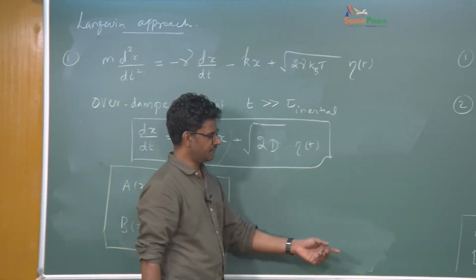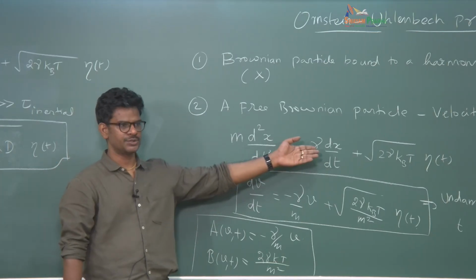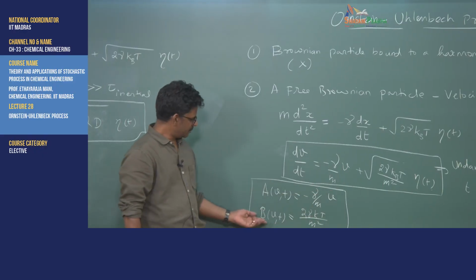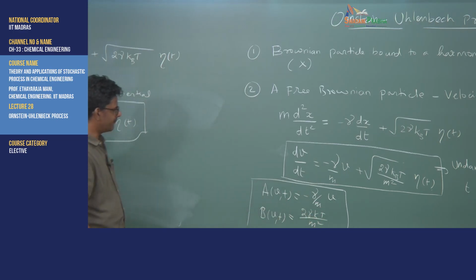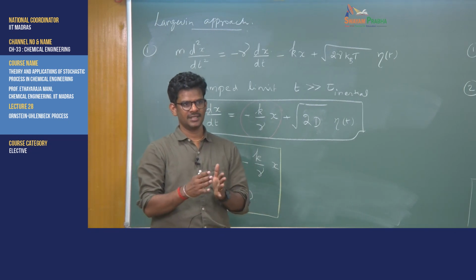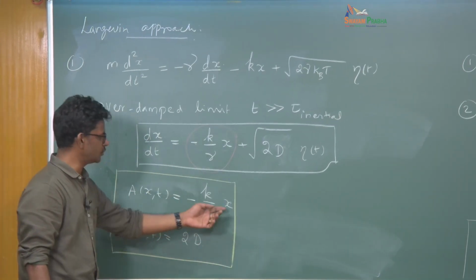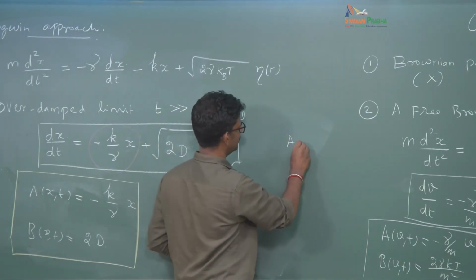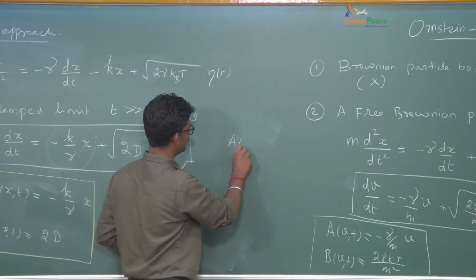Similarly here, if you take the characteristic function a for describing the velocity of a free Brownian particle, it also has a linear dependence on v itself, and the b function is constant. This is a constant. So therefore it seems that there is a set of problems for which a is proportional to the random variable itself, in this case proportional to x, here proportional to v. So a is a function that can be written as minus, let's write like this, a of